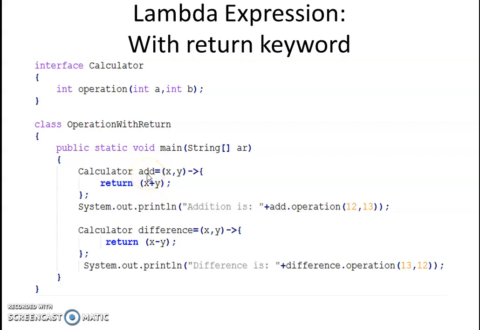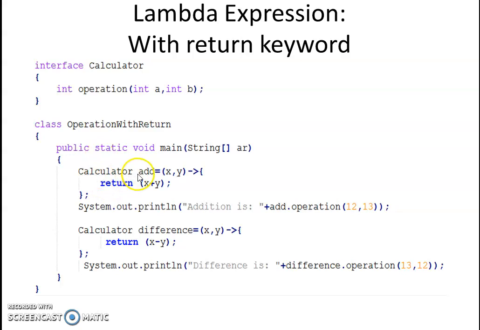So now one difference between previous one and this one is, here in this case this particular operation return integer type value, as we have mentioned int over here. So when we write void, function does not return any value. So here we are writing int. That means this particular function returns one value of integer type, right?